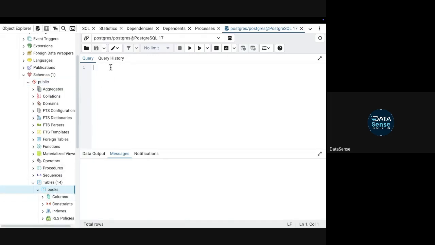This is a table, books, which will be present in the data that I shared. Select star from books.